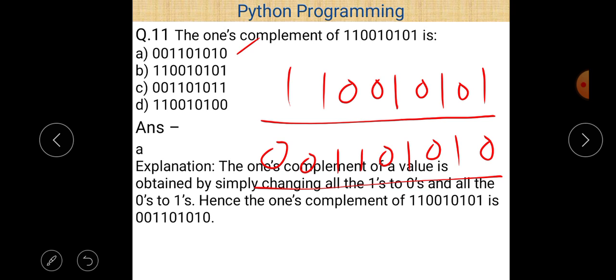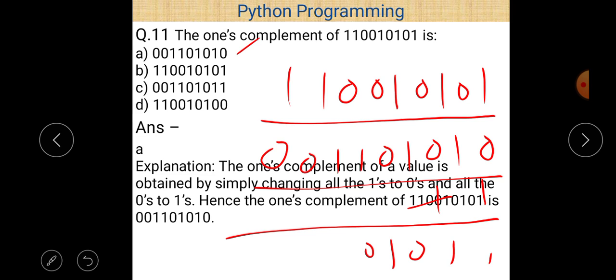Okay, now there is another complement which is also called the two's complement, and if you want to find out the two's complement, then first of all you have to find the ones complement of that number and then add 1 to its one's complement. You can easily find the two's complement. This is not asked in this question, but it is very important to know how to calculate the two's complement of a particular number. So first of all, just find out the ones complement of that number. After that, add 1 to that number. You can easily find the two's complement of that number. The two's complement of that number is 1 1 0 1 0 1 1 0 0. Okay, that is a two's complement. It is not asked in the question, but for your knowledge, I just told you how to find a two's complement.